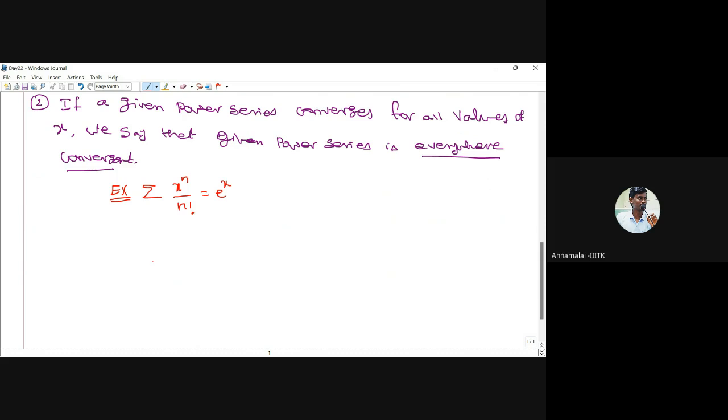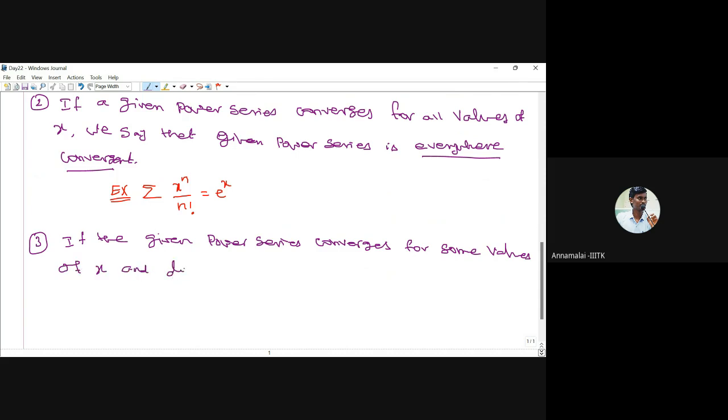Now, the third fact: suppose the series converges at some points and diverges at some other points. So the third fact is that if the given power series converges for some values of x and diverges for other values of x, then